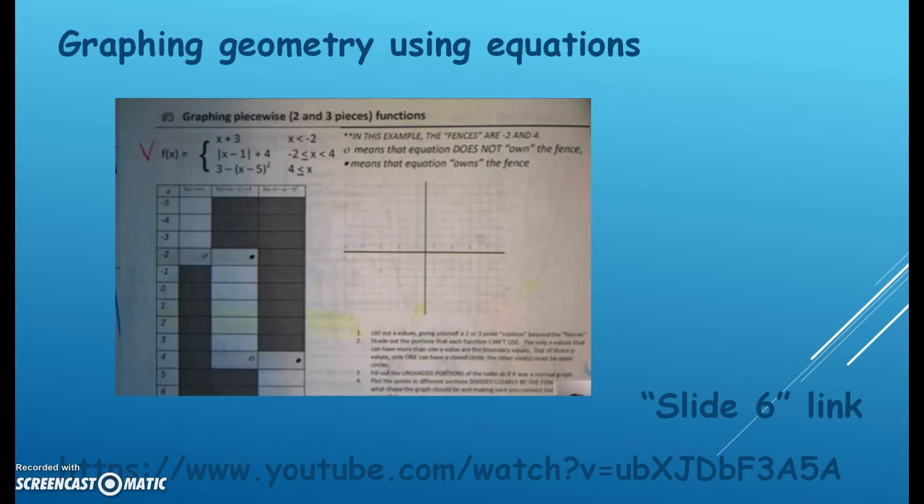Okay, our first task, we are going to review graphing equations in two dimensions. The first step is to create a table of points from the equation. And you can see the example over here. And this is similar to the assignment that was handed out in class today. So the equations over here